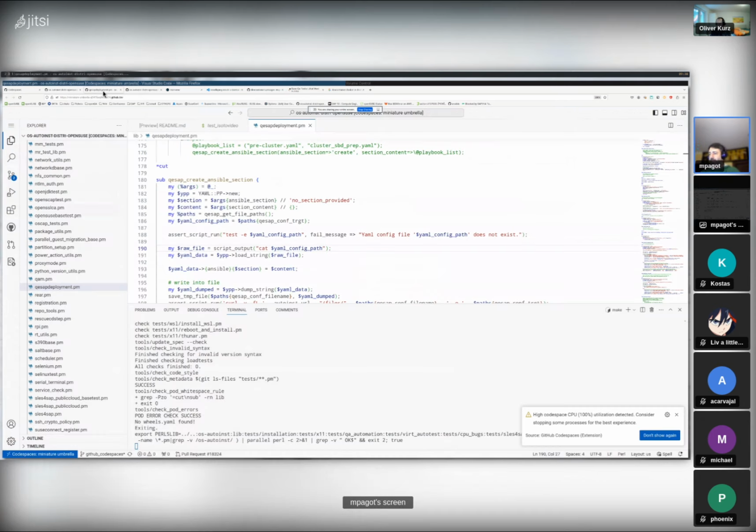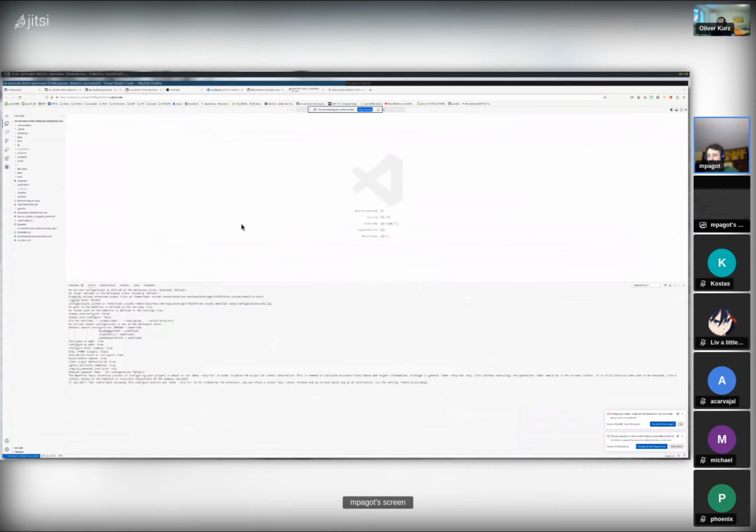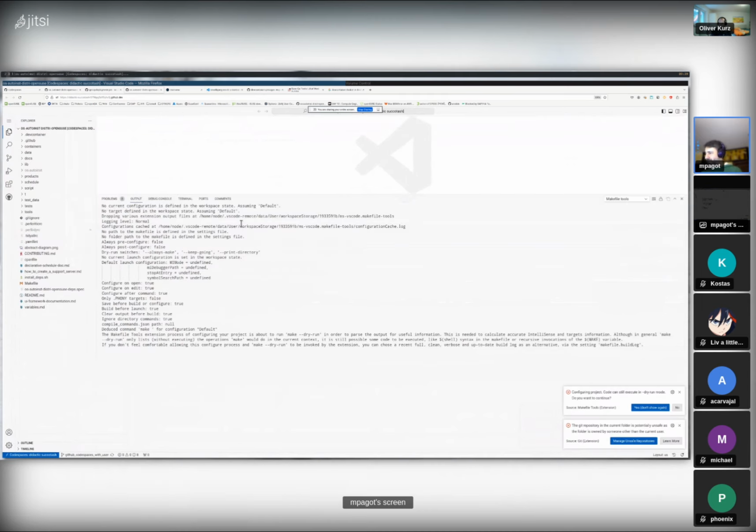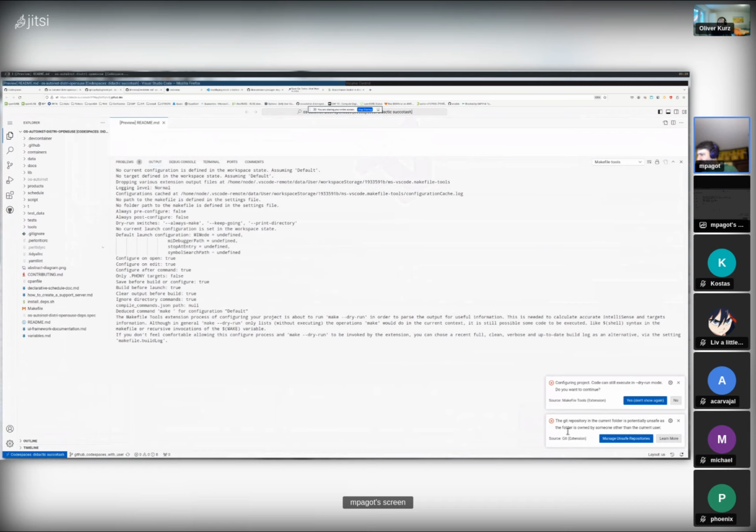Where are we? This one is still running. Oh, you see, high codespace CPU. Consider stopping some process. No, I like to keep them running. This one is the codespace without the Perl language server. This one is the one with the Perl language server. What is it doing? Oh yes,